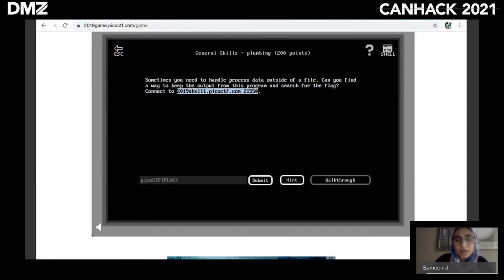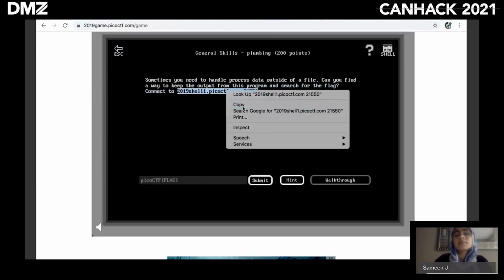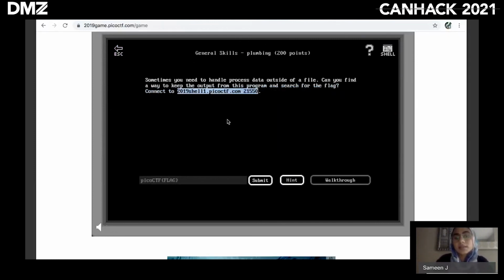Okay, so again, I have to connect to a port number at the specified website. So it looks like a netcat problem, but it's saying that it needs to handle process data. And can I find a way to keep the output from this program and search for the flag? So there might be an additional component to this problem. So let's go into the shell